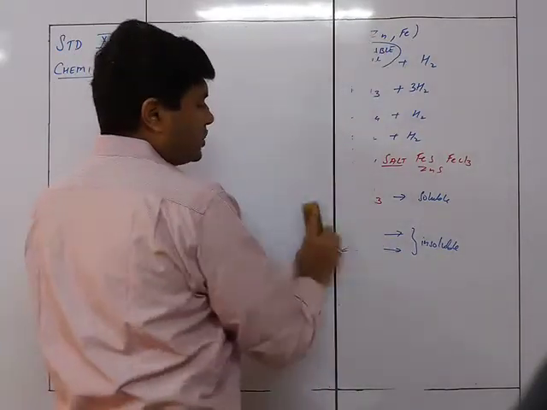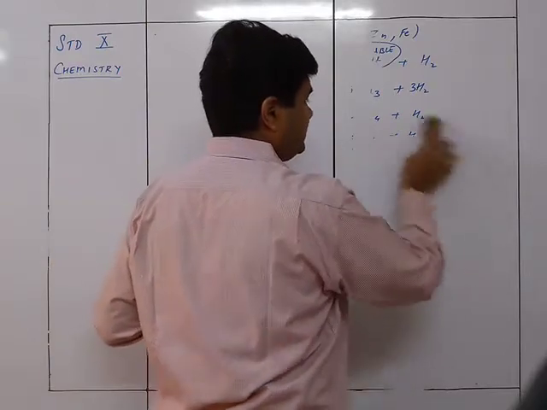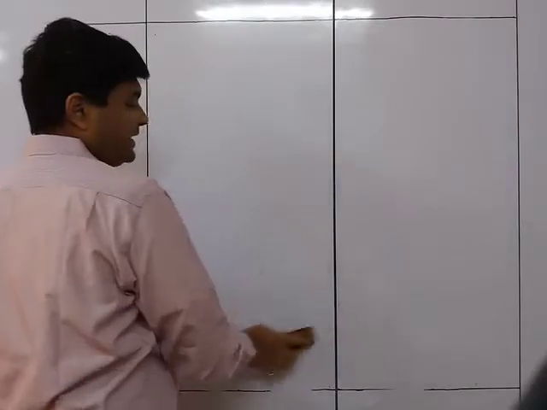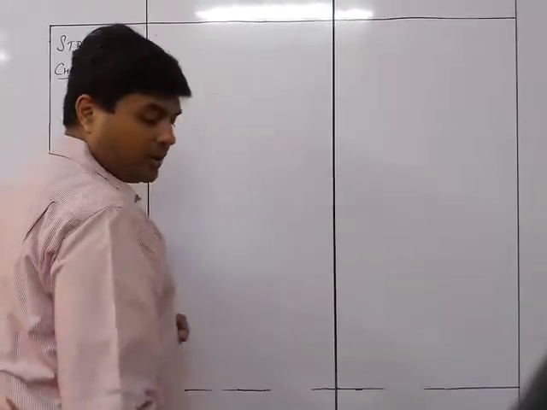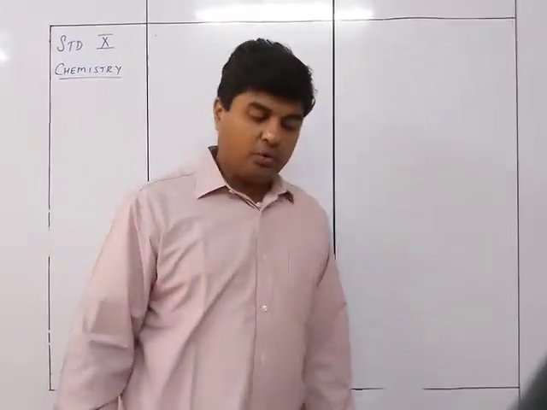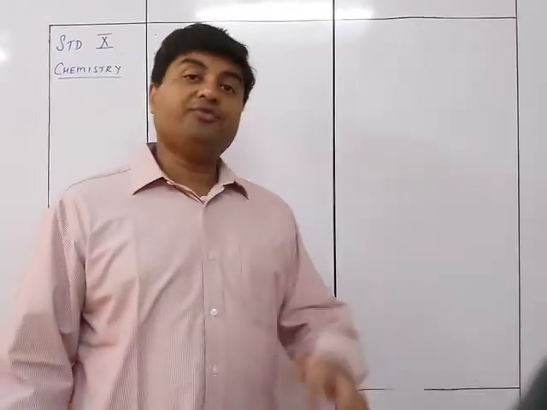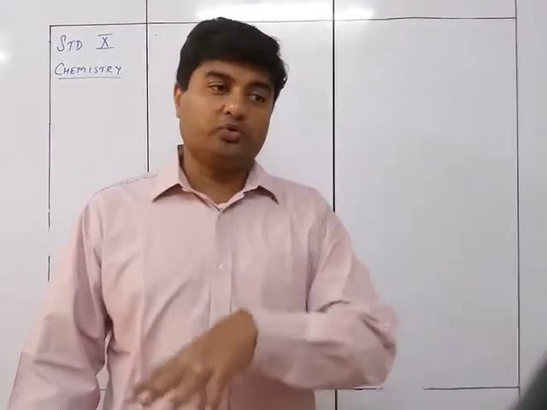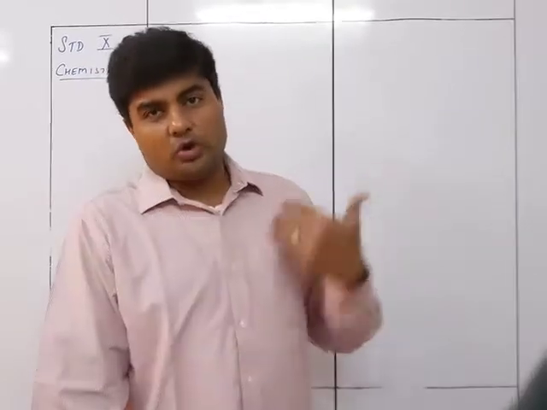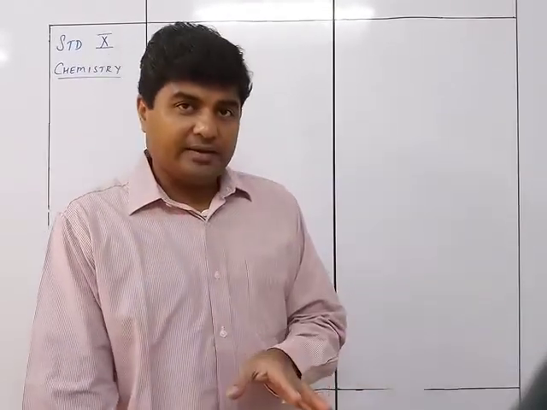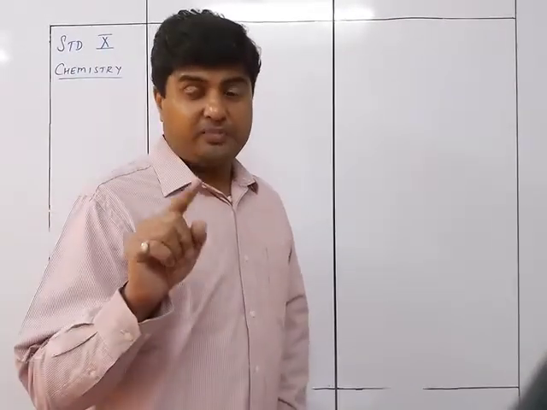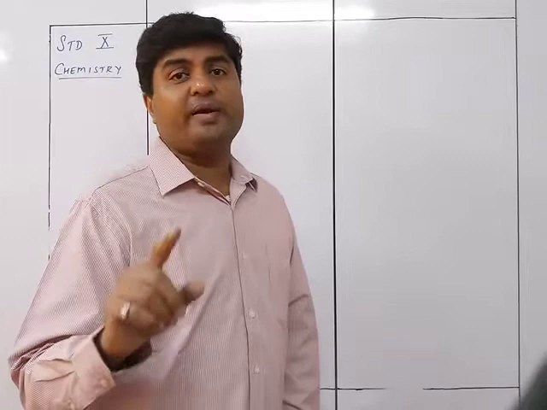See, neutralization was also a double decomposition reaction, but in that case we got a salt and water, and we used acid and base. Whereas now, you are going to use two salts to give you a third salt and a fourth salt. So basically two salts giving you two salts, right? But the two salts you are taking will be soluble, and what you will be getting is one soluble, one insoluble. So that's why it's precipitation, because the insoluble salt which is prepared will form a precipitate.